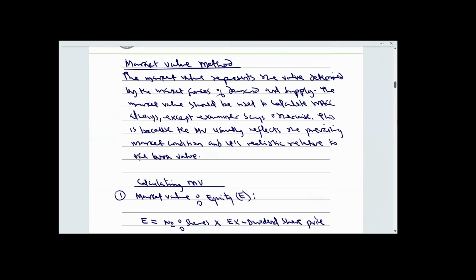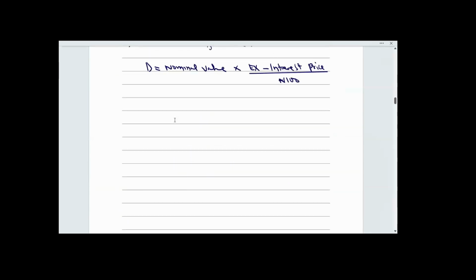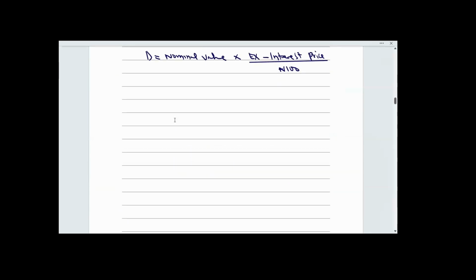So before you begin to calculate your WACC, you need to go and do your workings. You need to calculate the market value of each of them, depending on the capital structure, because at times the examiner may just give 2 out of the 3. You may have equity and debt. In some instances, you are not going to have preference share. But if you have the 3, then you have to work for the 3. So let me give you the formula for calculating WACC. Now that you know how to calculate market value of each source of finance in the capital structure, let me show you the formula you're expected to use.